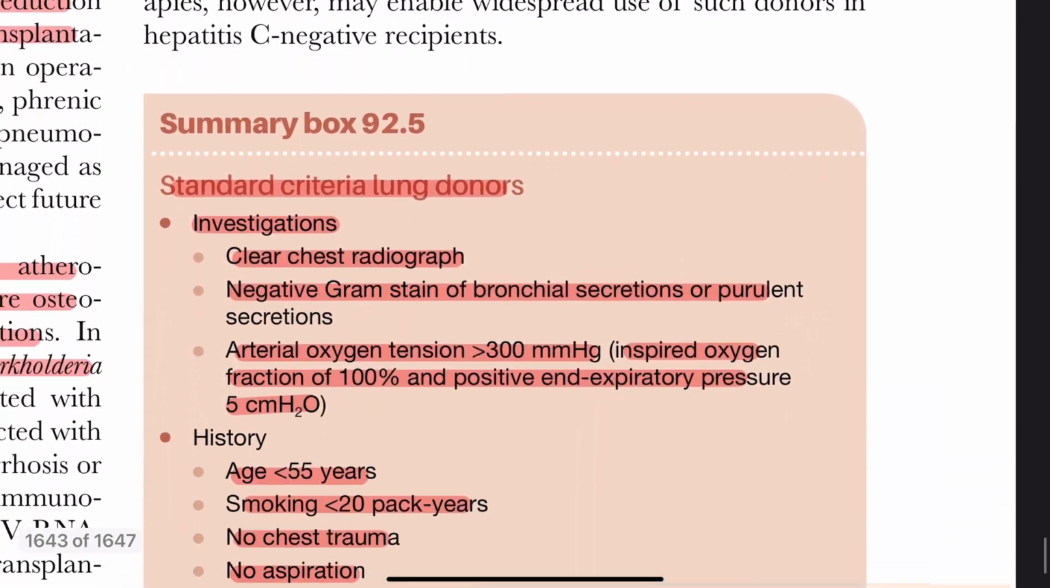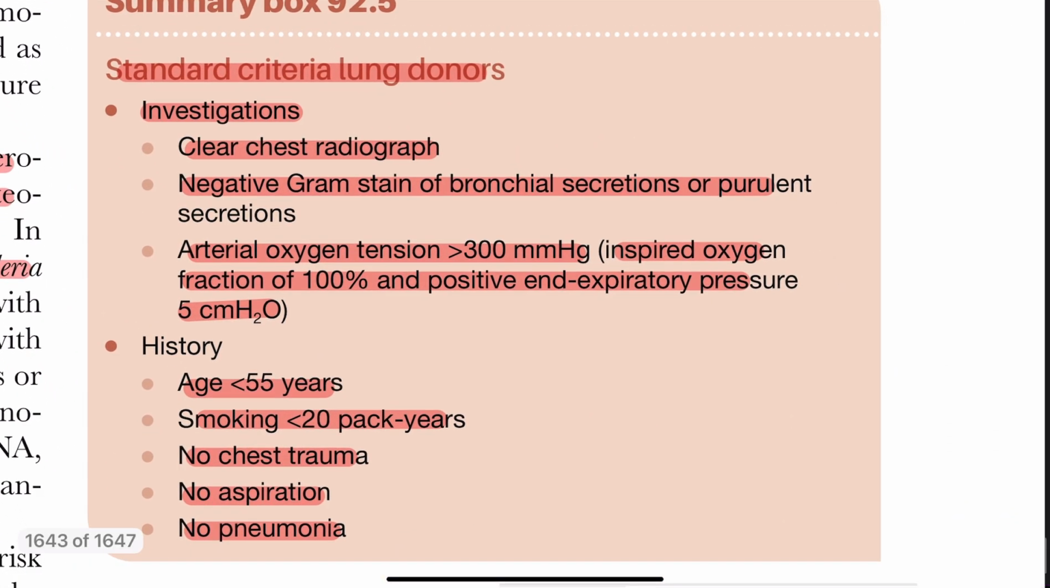So there is a standard criteria for lung donors. Regarding investigation and history, first we will take history. Age should be less than 55 years. Smoking less than 20 pack years. So remember, no smoking is not a criterion; smoking less than 20 pack years. And there should be no chest trauma,